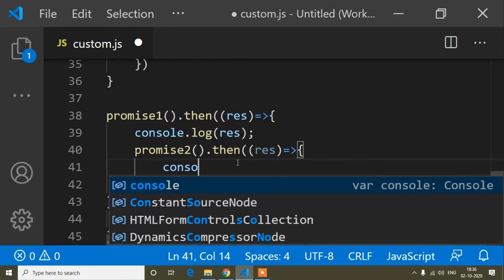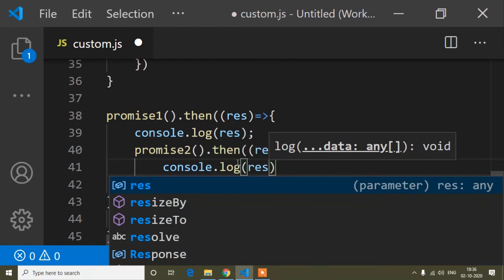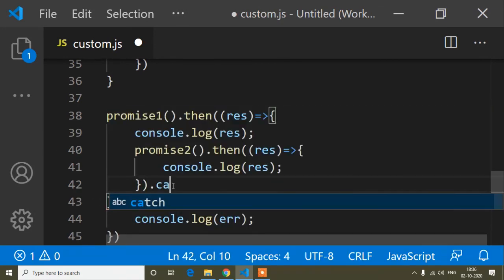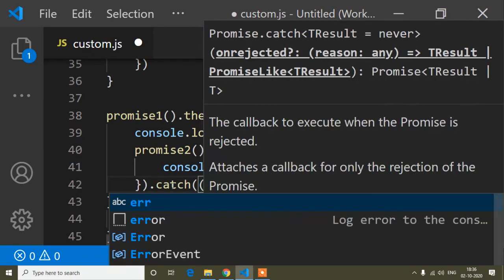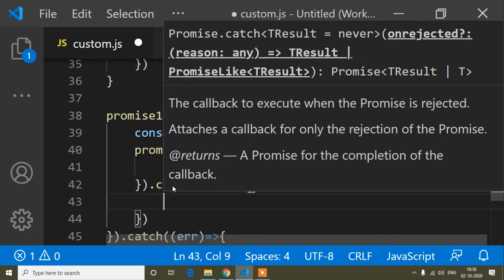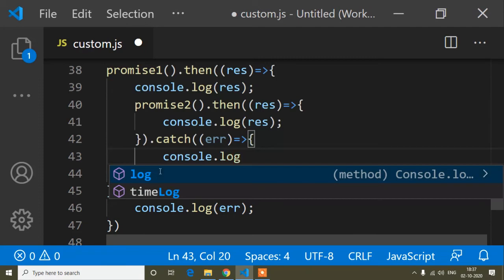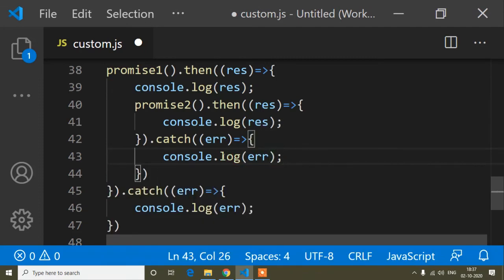Inside this console.log, same way you just pass it, and again here catch, which takes a parameter. I will write the parameter name as error, and in this console.log the error. So this way you can call a callback function of promise.